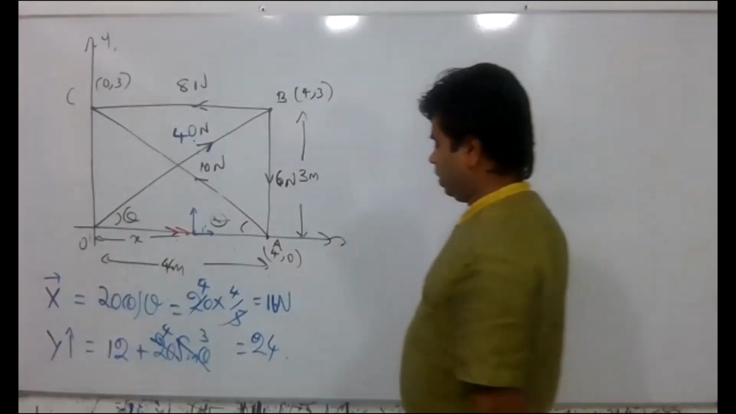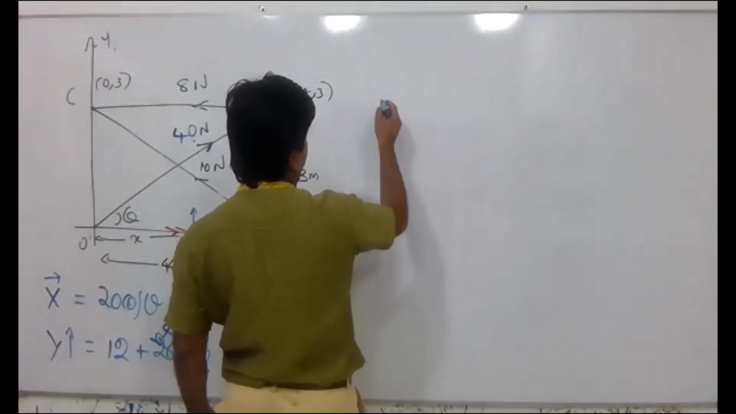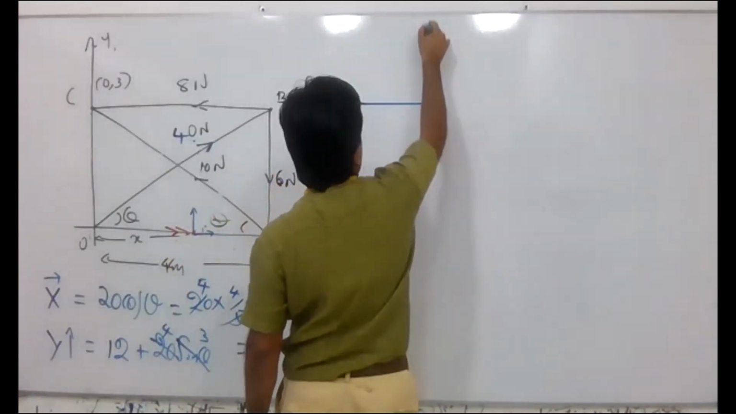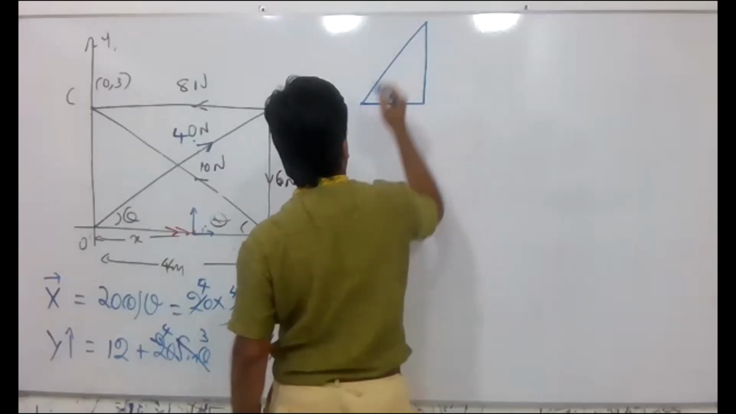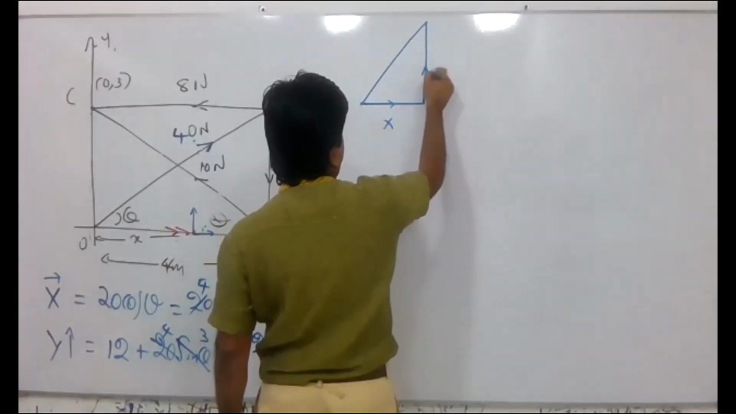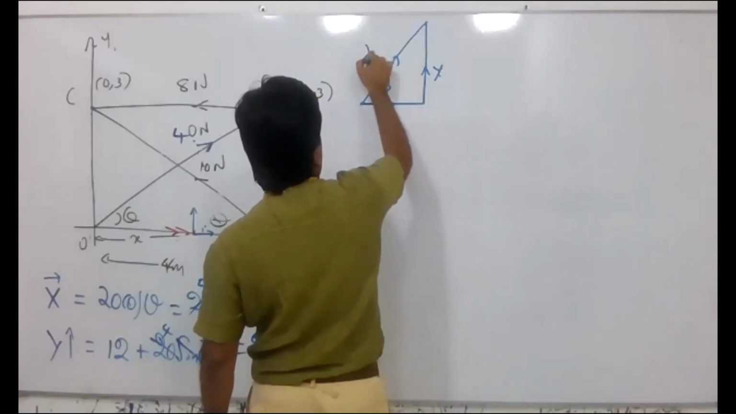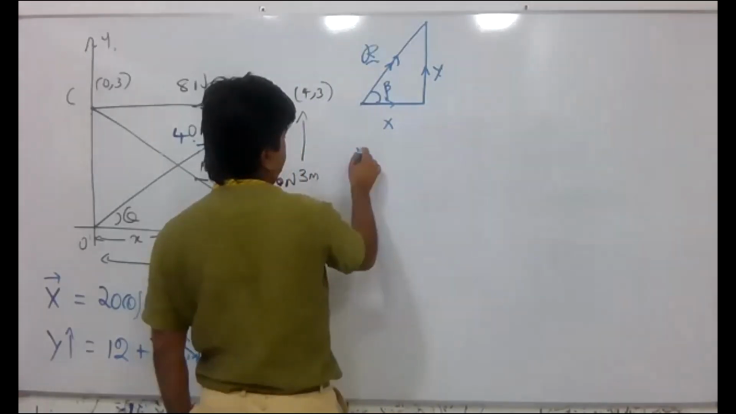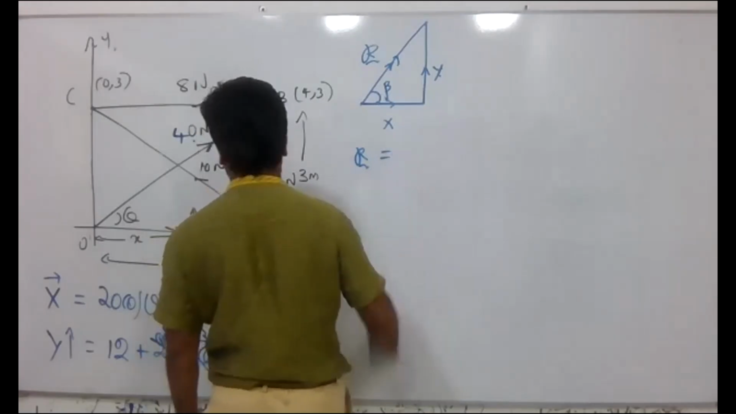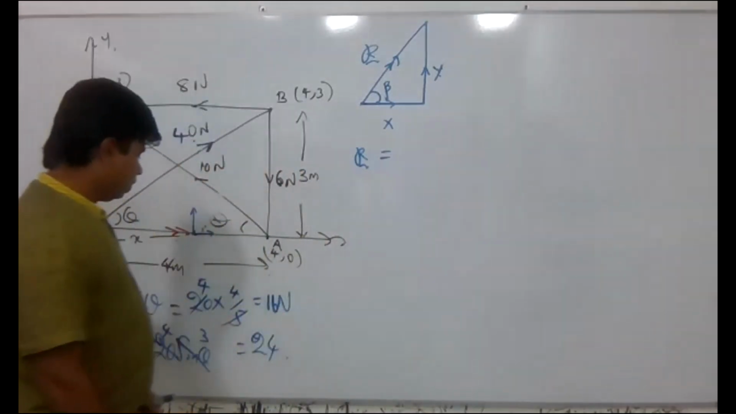Now, if you mark them on a triangle, so you can understand, right? Here capital X, capital Y, I'll take it as beta, then resultant. Our magnitude comes as, now